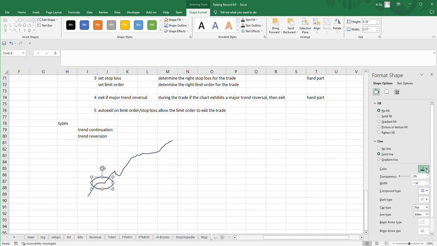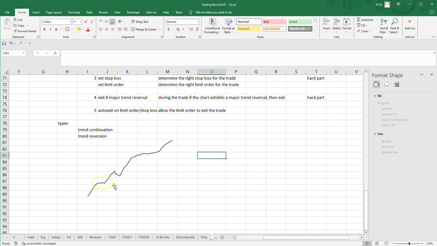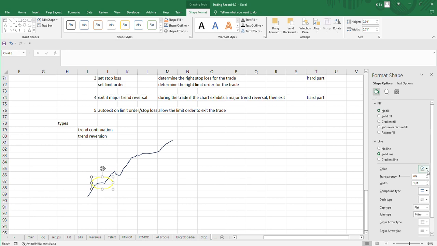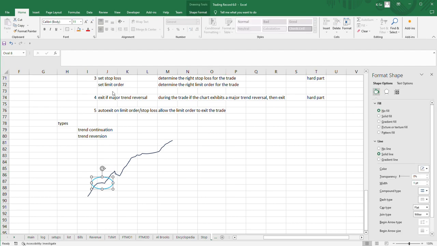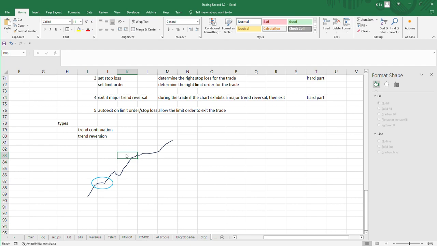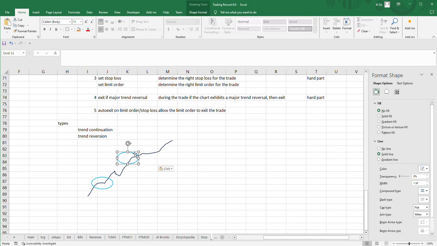Line is going to be golden color, just like that, okay? Maybe the color isn't vivid enough. Let's use that one, okay? So this would be one way of looking at it, and if I look at it here, now that would be another range area, and if I were to put it here,